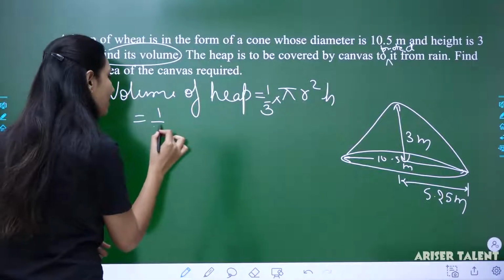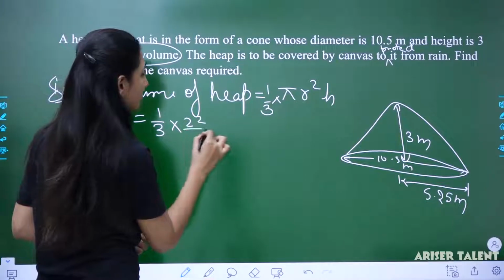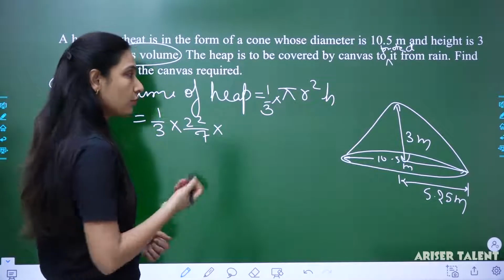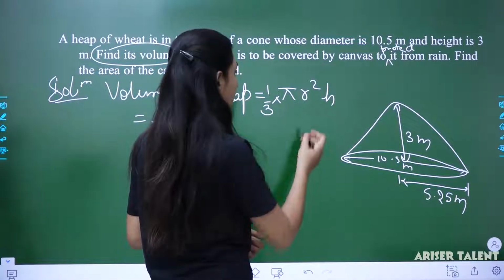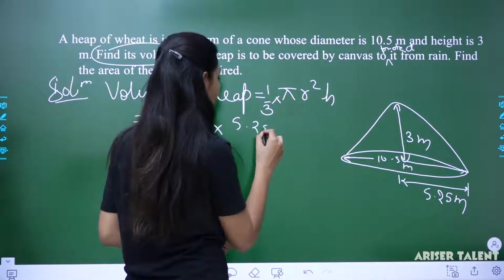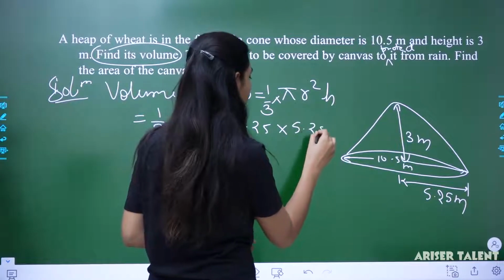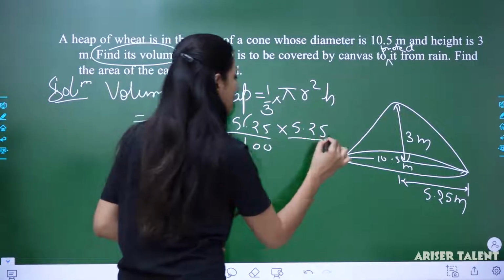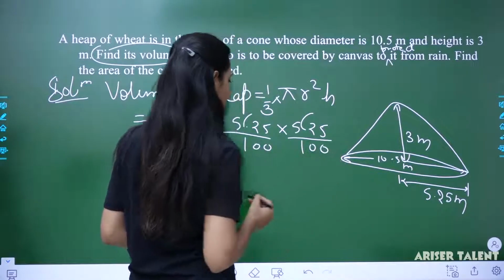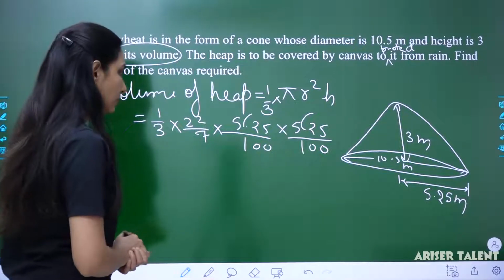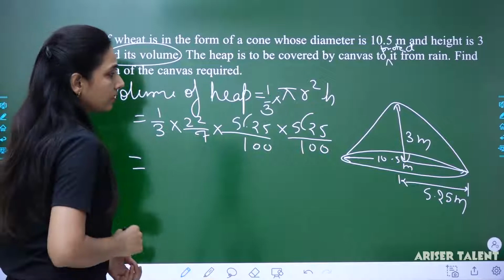Okay, so 1 by 3 multiplied by 22 by 7, because the value of pi is not specified like 3.14, so we'll be using 22 by 7. Now multiply by r square, r is 5.25 multiplied by 5.25. Okay, we can just solve it by removing the hundreds here. Understood? Now after removing it,